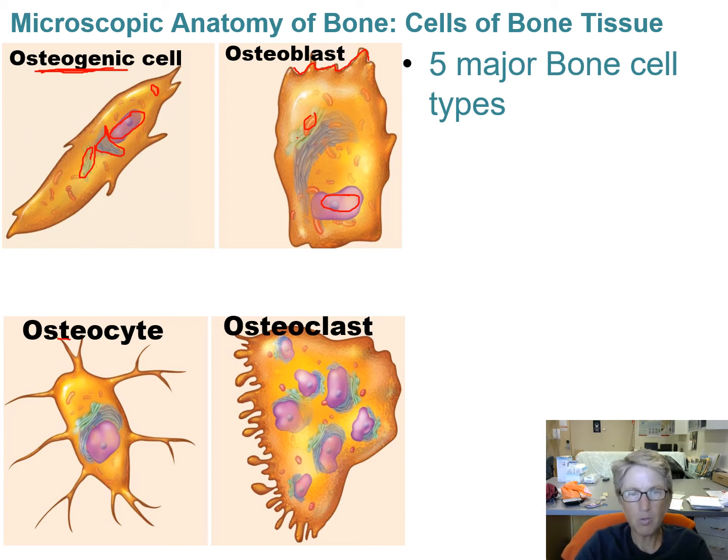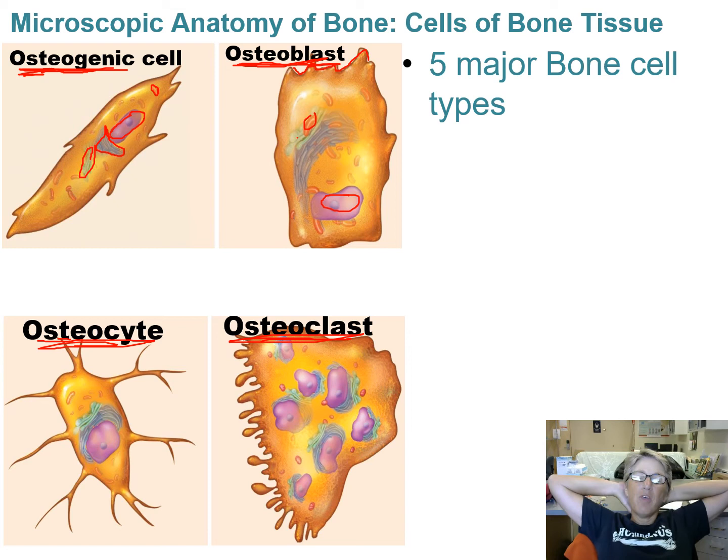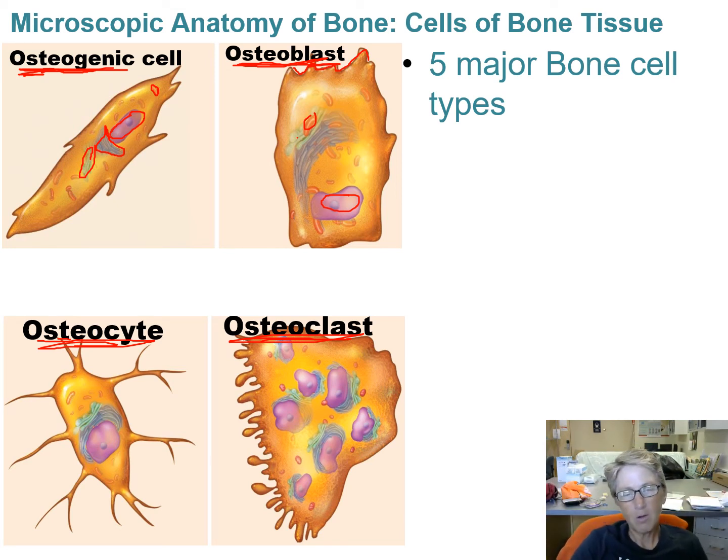An osteoblast is a bone forming cell. This osteoblast will secrete matrix to help make bone. Osteogenic cells will differentiate into osteoblasts so that you can keep your population of bone cells active. And then the osteocyte is a mature bone cell. And this osteoclast breaks down bone. Now you might think, why do I want a cell that breaks down bone? Well, we'll talk about that later, but